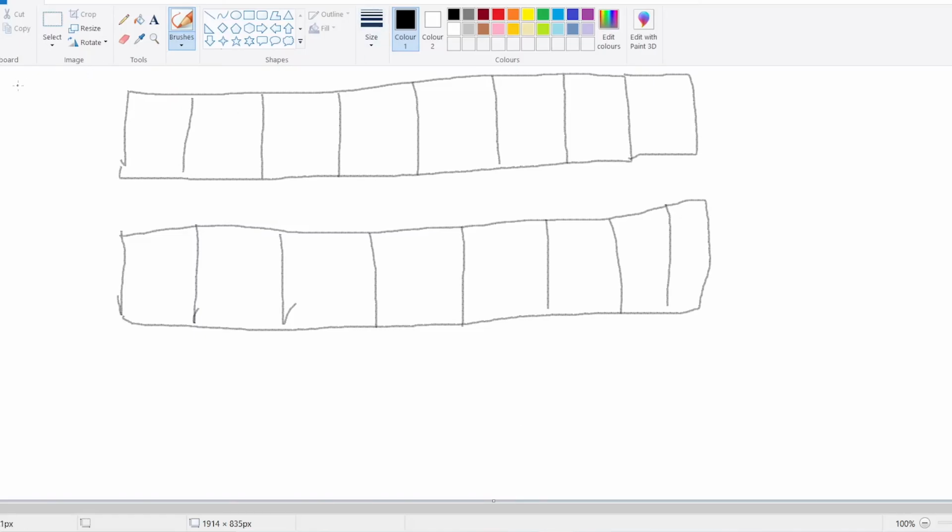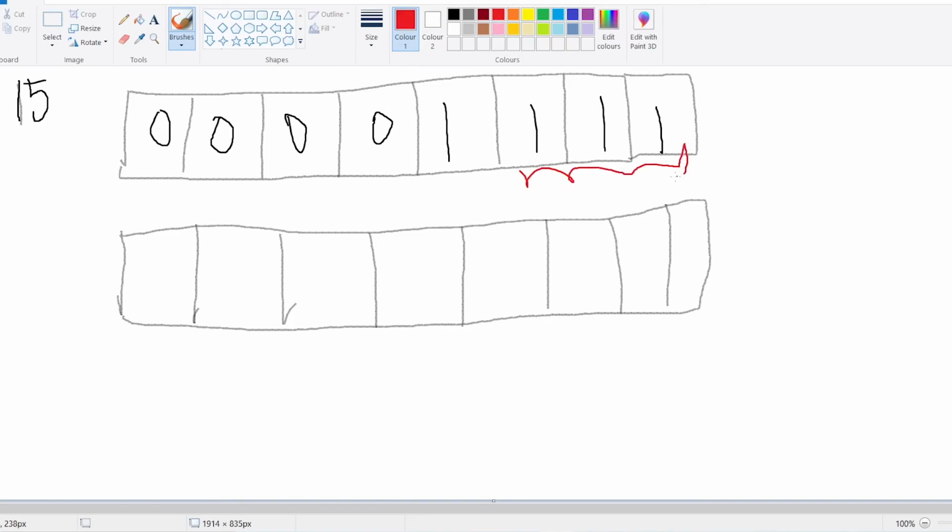So let us take our number to be 15, and we know that 15 is 0 0 0 0 1 1 1 1, and now what we are going to do is discard the terms